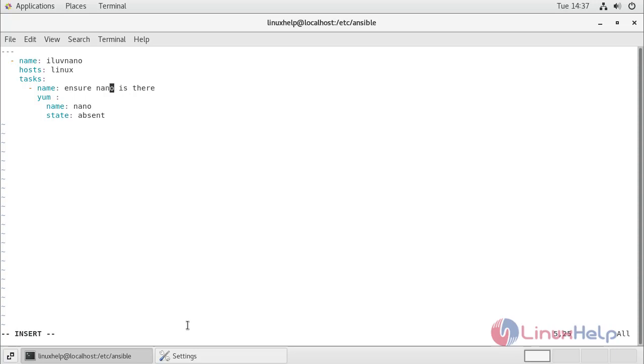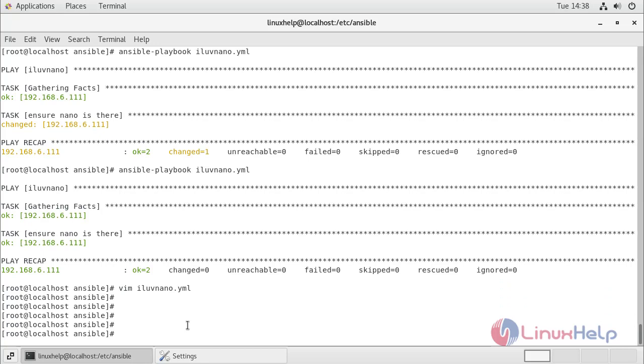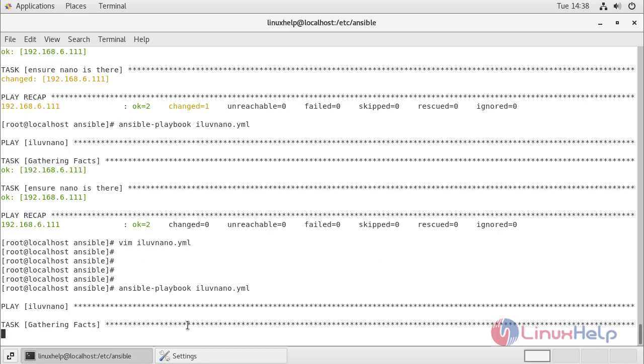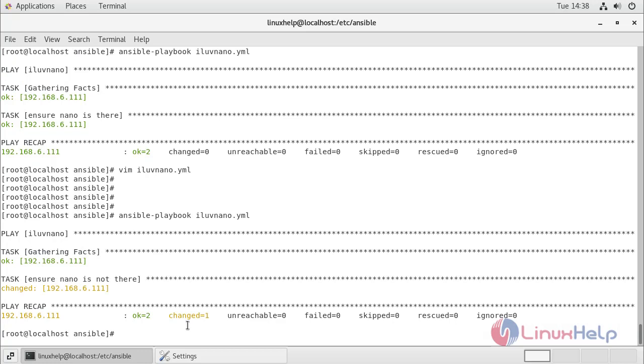And I will edit the play name to ensure nano is not there. Write and quit the file and just run your command here. Now you will see the changed equals 1 there. State is OK and changed equals 1. So this is a very basic example of an Ansible playbook.